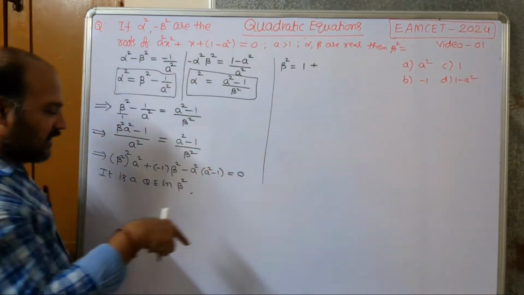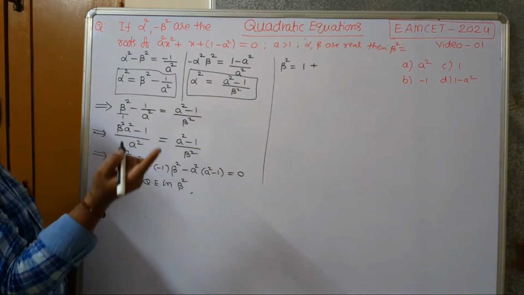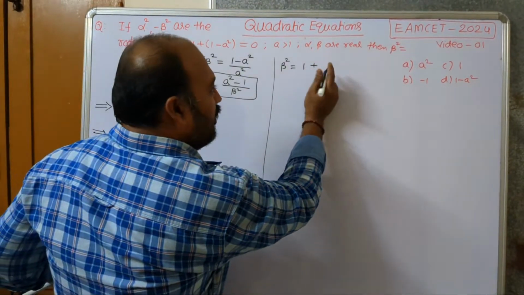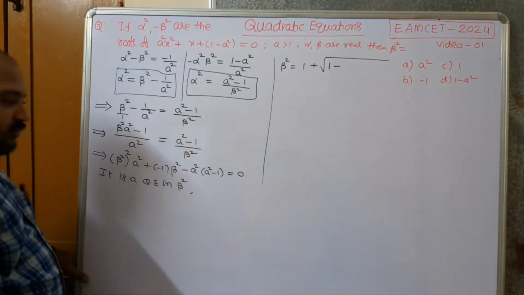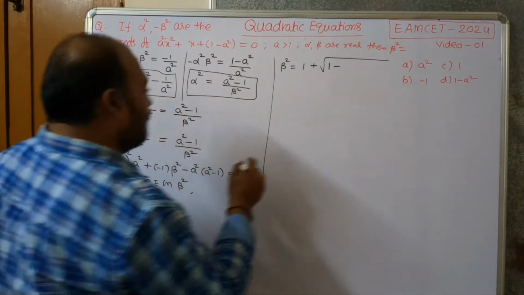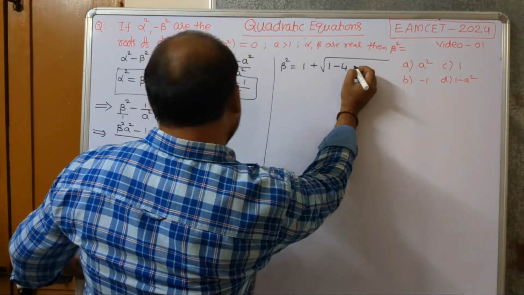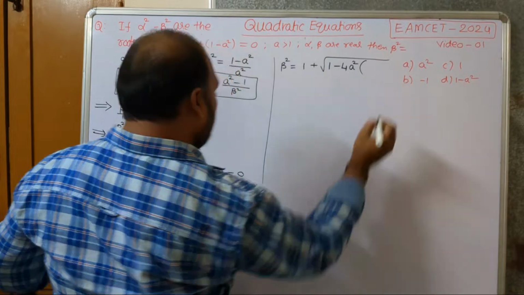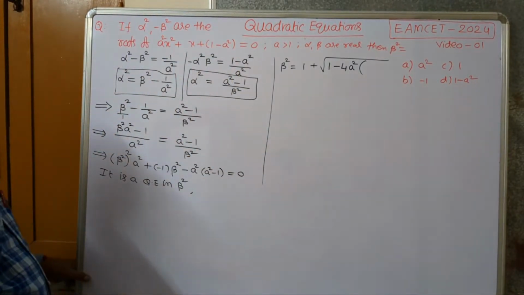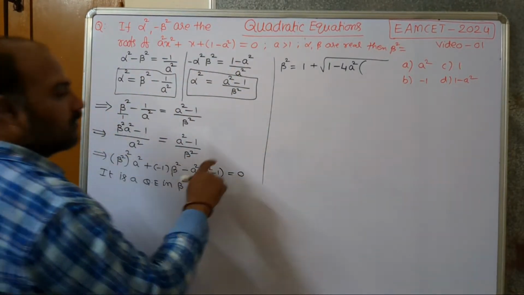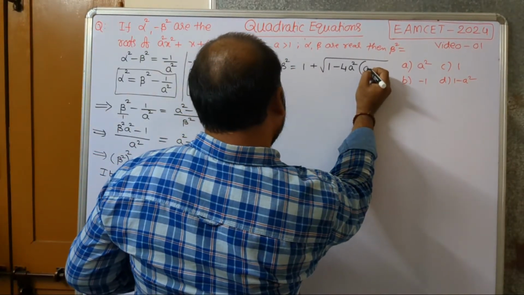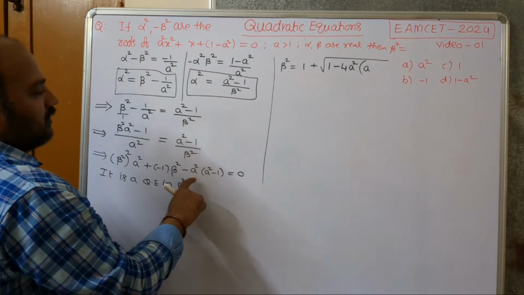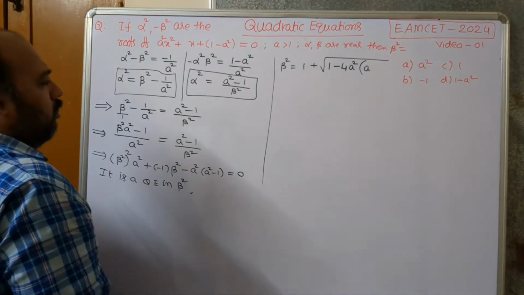Plus or minus, here beta square means a minus value it won't accept, so plus only you take it. B square minus 1 whole square minus 4 into A value, here a square, into